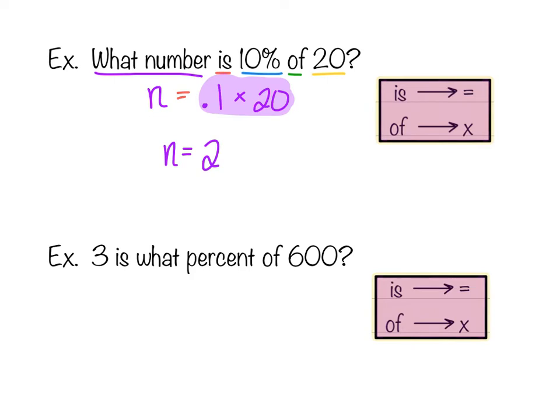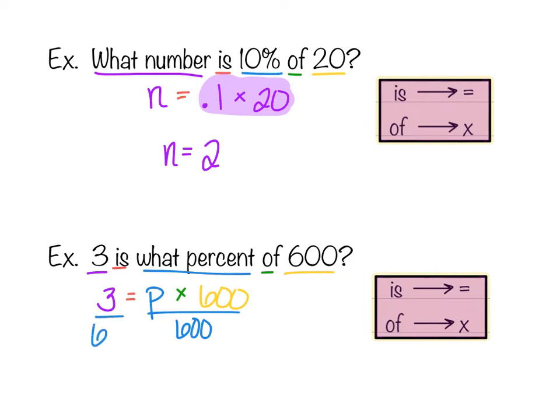3 is what percent of 600? So 3 is, equals, what percent? So we're going to put P again for this one. Of means times, and 600. So to get P by itself, we have to divide. It's not already by itself like it was last time. We have to divide both sides by 600. And yes, that is right. We're going to put 3 divided by 600 into our calculator. 3 divided by 600 is P equals